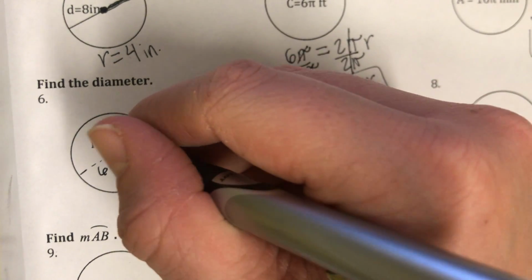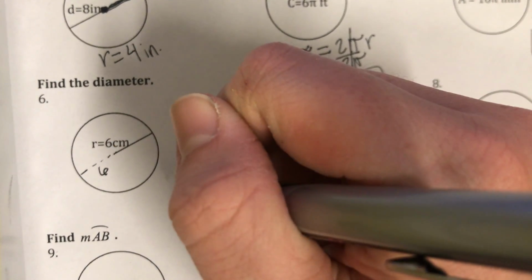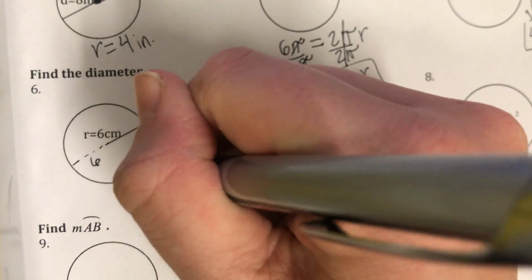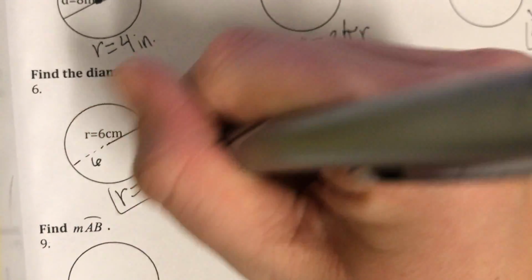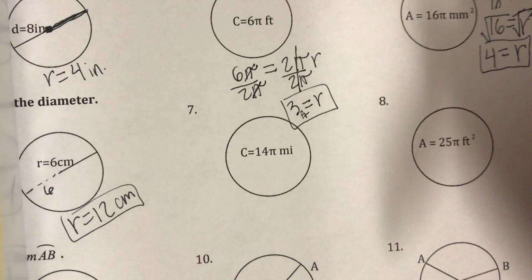So this is 6 and the radius is 6, and 6 plus 6 is 12, or 6 times 2 is 12. So our diameter is equal to 12 centimeters. Next one,